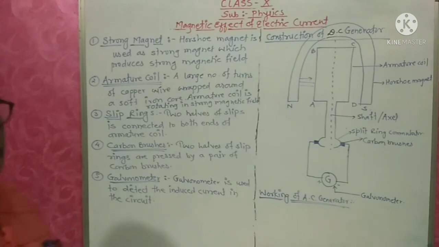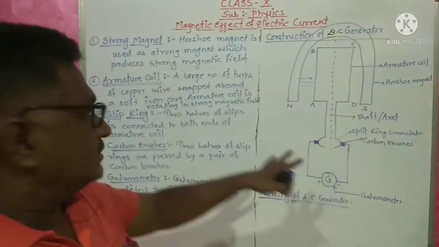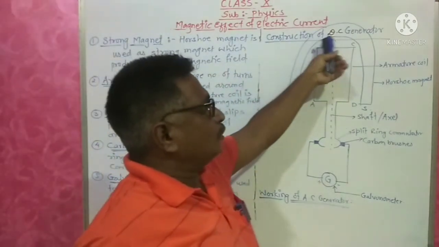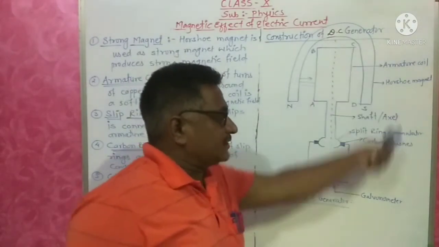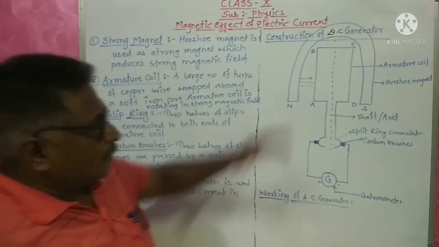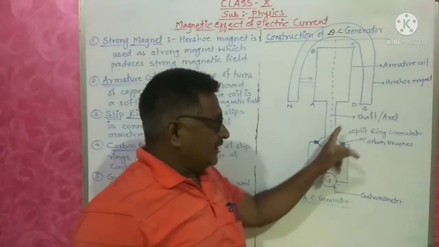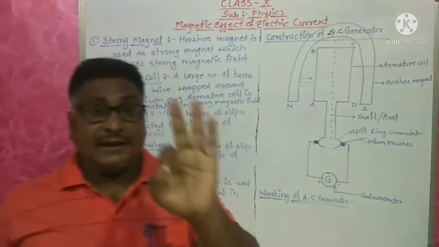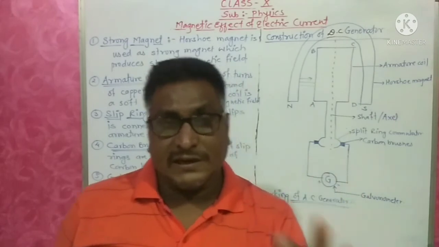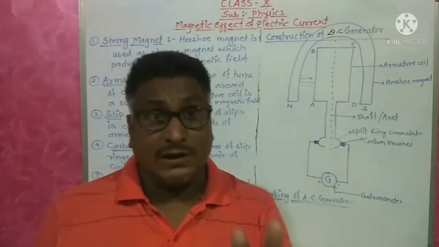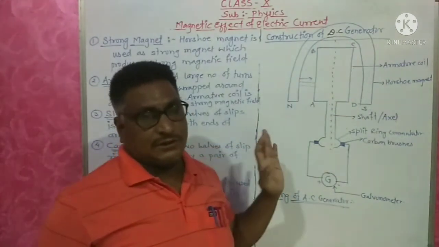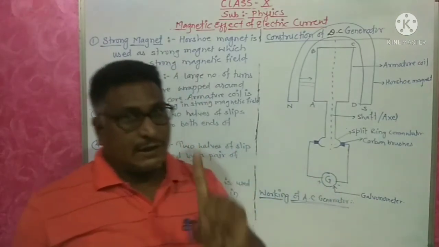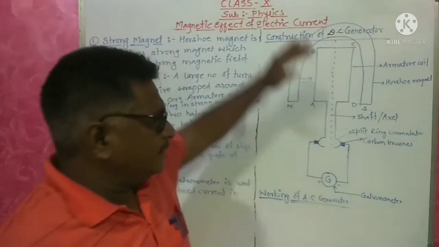Now DC generator. See, I kept all the things as they are, whatever we wrote for the AC generator. Now here I gave the name construction of DC generator. See what difference I made in the figure. All the things are as they are. Only in place of slip rings, what is there? Split ring commutator, like the electric motor. Whatever circuit diagram is there for the electric motor, the same circuit diagram is for the DC generator. Only in the motor we use a battery, in the generator we use a galvanometer. This difference is there. Remaining all the things are the same.